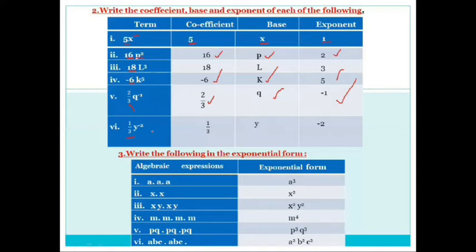In the sixth part, 1 over 3 y power minus 2. From the statement, it is very clear that 1 over 3 is the front value, and we will say it is the coefficient, and the variable that is used here, y, is called the base, and the power we will say